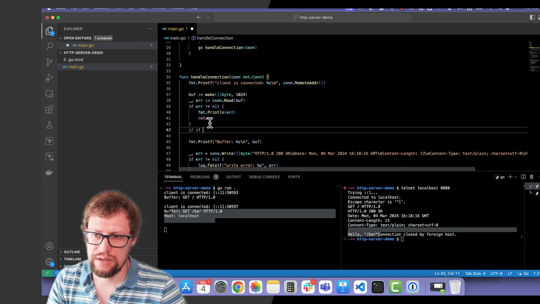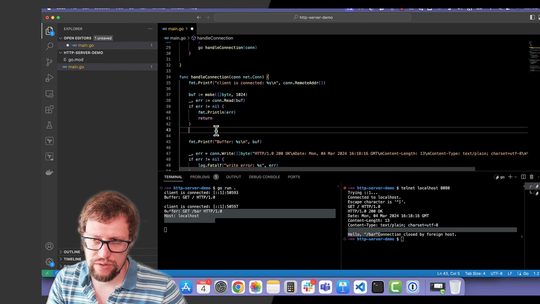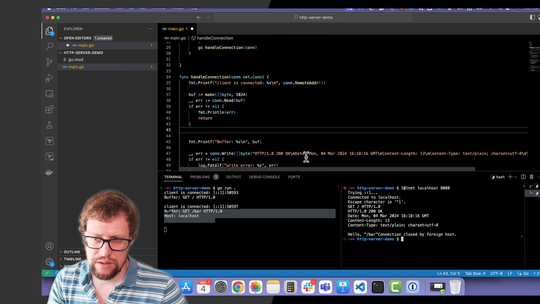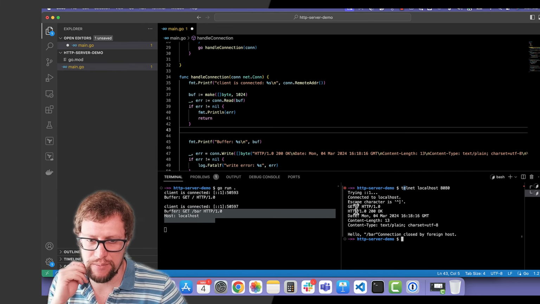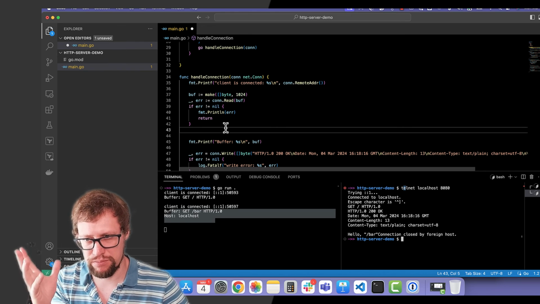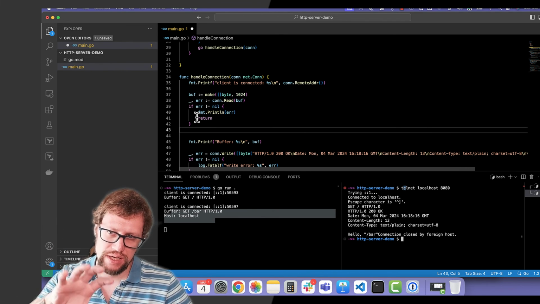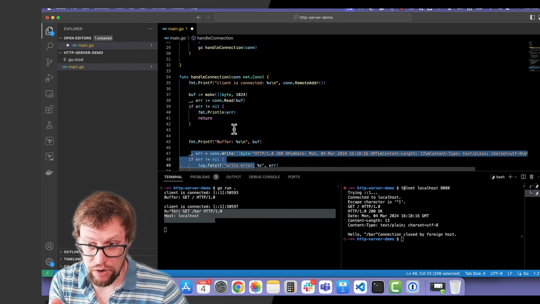So something that you would probably have to do is convert the buffer to a string, and check if this buffer ends with an empty line and a return. Because here I got a response immediately after I pressed enter, because that's when it sends the data. But we would have to check if there's an extra empty line, then a return, and then we have the input data. So now we just immediately stopped after the first input that was sent to us, but we would have to actually check if the last part of our buffer is just an empty line and a backslash,